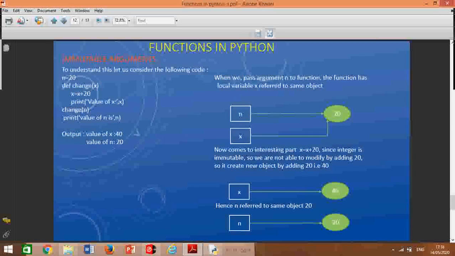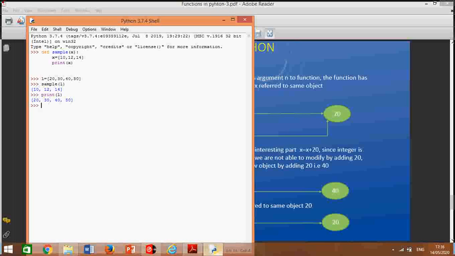So you can check it on the editor also. Let us say global variable n is equal to 20, def change x colon x equal to x plus 20, print x. So let us call change.